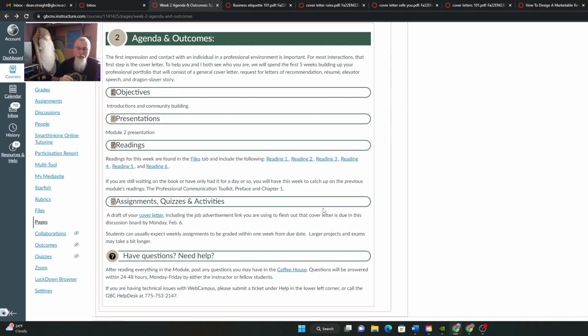Now, you will note that there's another note under the readings. If you're still waiting on the book, or you have received it, but I've had some people tell me that you got it today, Sunday, or even Saturday, you will have this week to catch up on the previous module's readings, which is the Toolkit Preface and Chapter 1. And we will begin to use those chapter tools that you've built in once you've done the reading to continue to flesh out how we write things and move forward. And that is it. That is the extent of the work we'll be doing. So while the reading looks extensive, it's really not. A lot of it is bullet points and framed out in ways that I think make it easy for you to read, and it's dynamic.